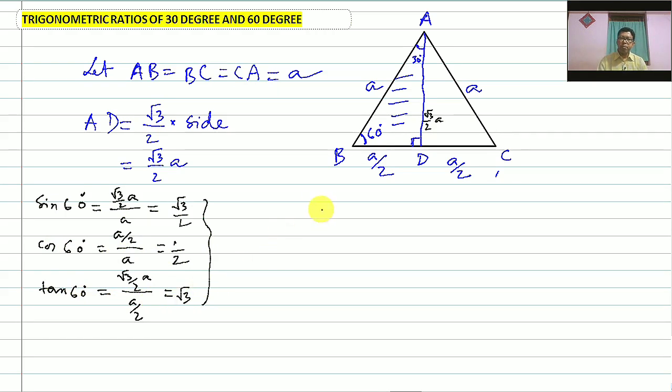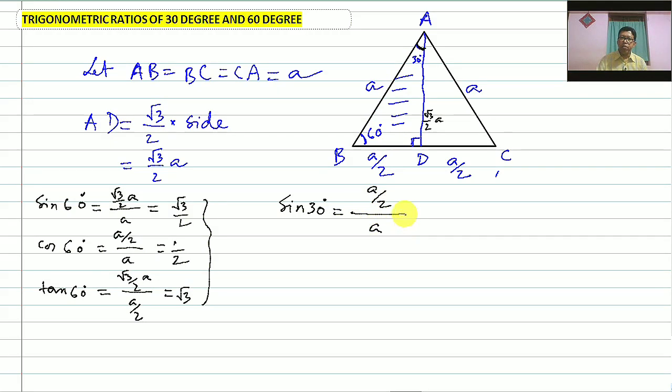Next, I have to find out the trigonometric ratios for angle 30 degrees, this angle, okay, for 30 degrees. So with respect to this angle, this will be your height and this is hypotenuse as well, this will be the base. Okay, now take sine of 30 degrees. Sine 30 degrees is equal to height upon hypotenuse. Here BD will be height because the opposite side of the corresponding angle will be the height. So BD is the height now and AB is the hypotenuse. So you can write sine 30 degrees is equal to A upon 2, whole divided by A.